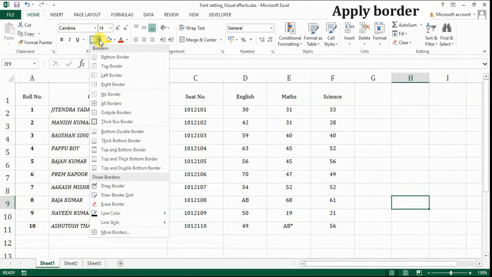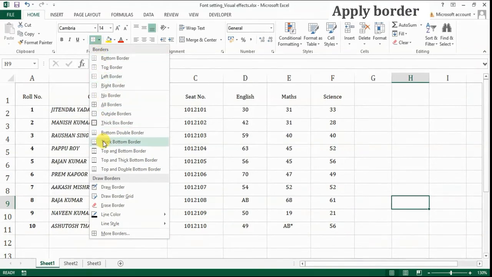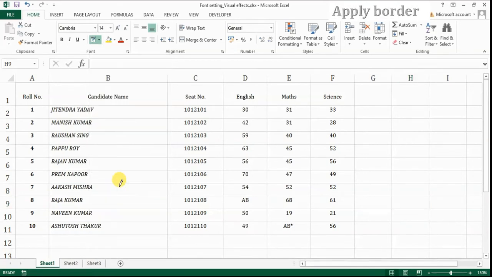Another way, you can use this button draw border to draw the outside border. Just drag the cell to which we want outside border.